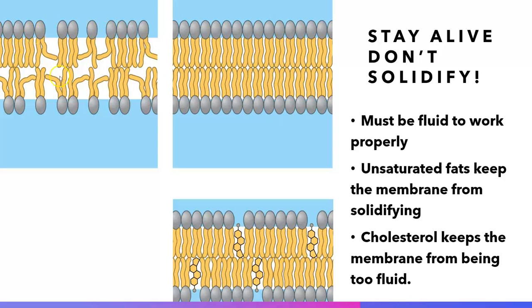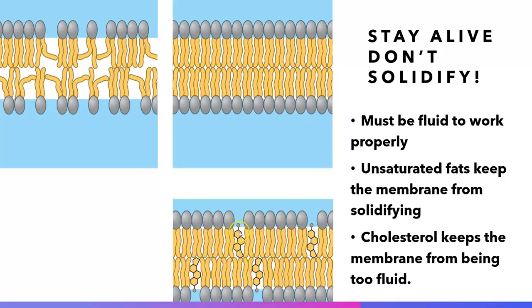All right, so because of that, having unsaturated fats keeps the membrane from solidifying. If the membrane becomes a solid and solidifies, then it's very hard for molecules to pass across it. All right, so this one on the right would be more likely to solidify because they don't have the unsaturated fats. Down below here, we have more phospholipids, but now we have a different molecule with ring-like structure, so this